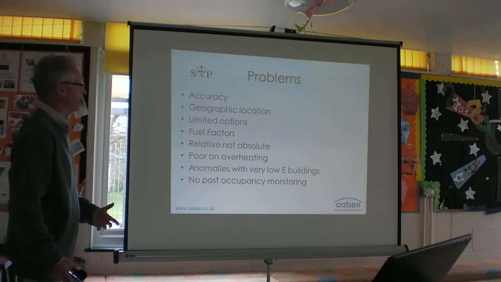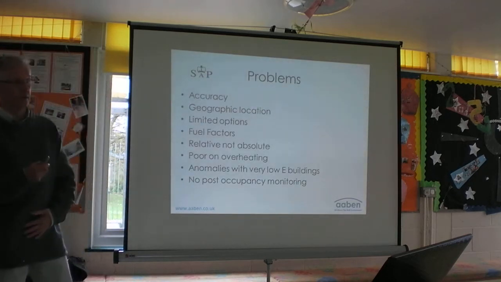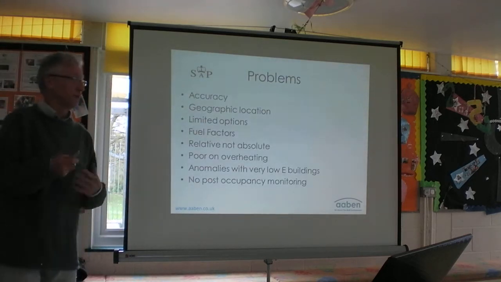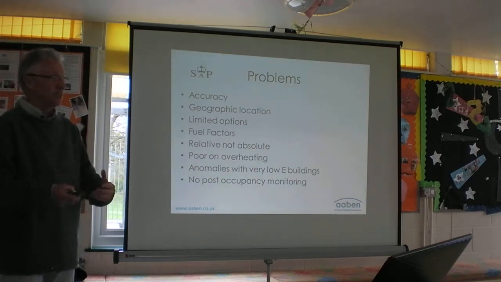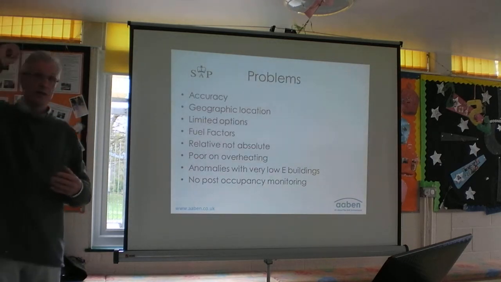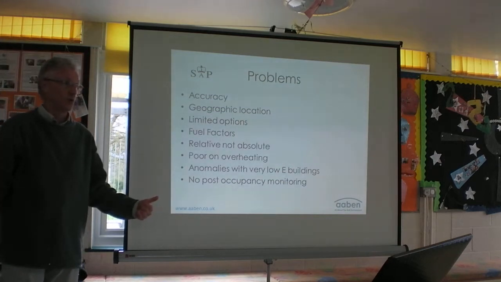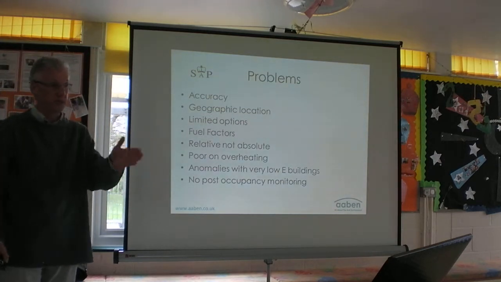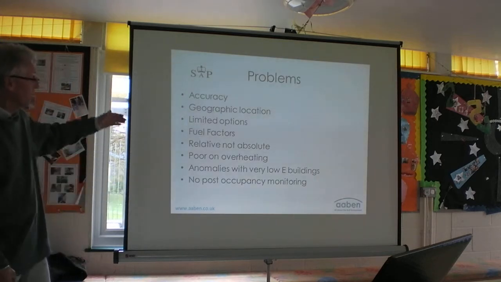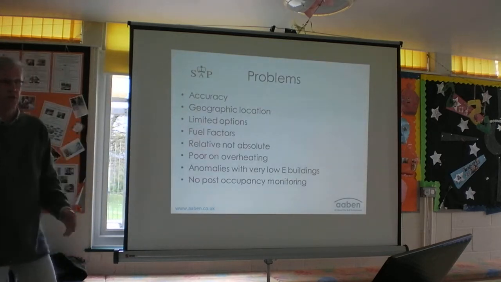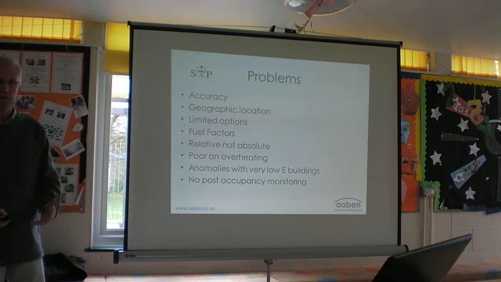The problems with it are, it's not very accurate. Okay? It has some poor features. It doesn't work geographically. So if you build a house in the north of Scotland or in Cornwall, it gives you the same result, because it's based on weather data in the Pennines, average Britain. It's got limited options. You can't put some stuff in. If you build an off-grid house with a wood burner,